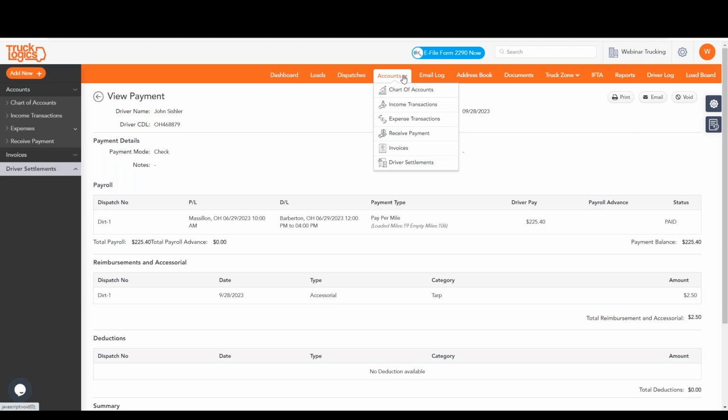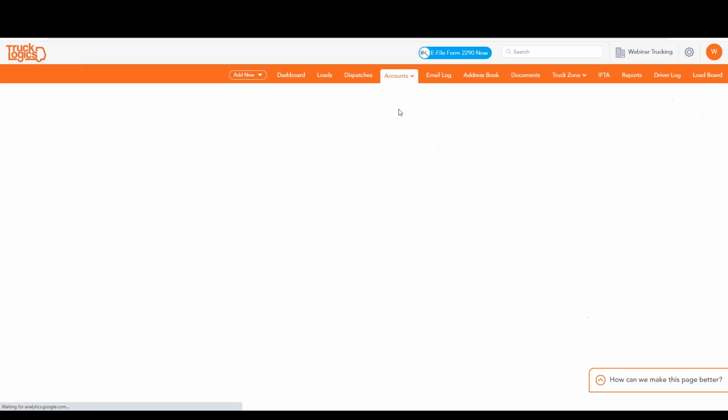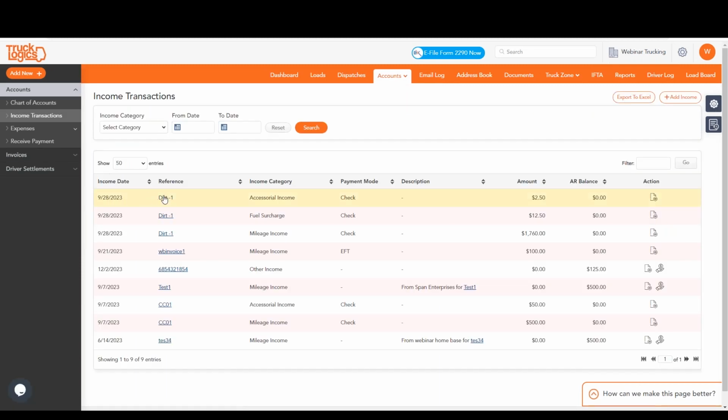You can also look for it under your income transactions. And right here is all of the attached checks that he had: an accessorial fee, a fuel surcharge, and a mileage income. So all of those are in here as well, part of that expenses, so that you could go right to the expense transactions,